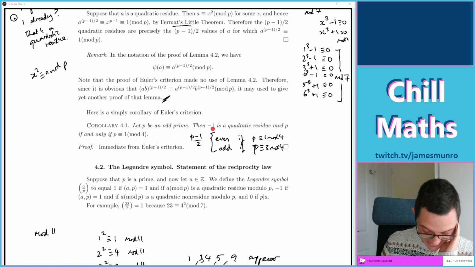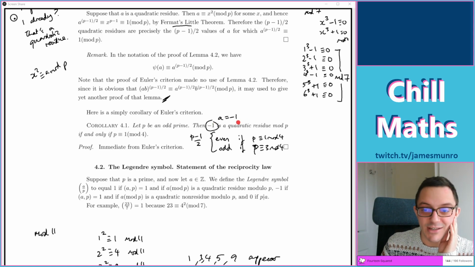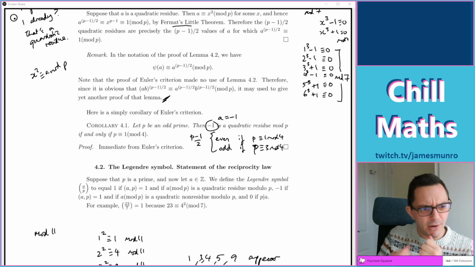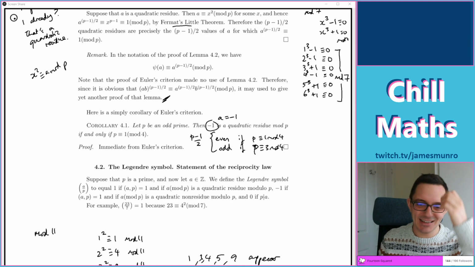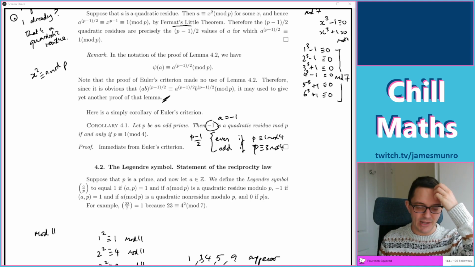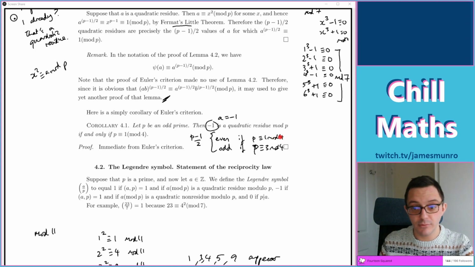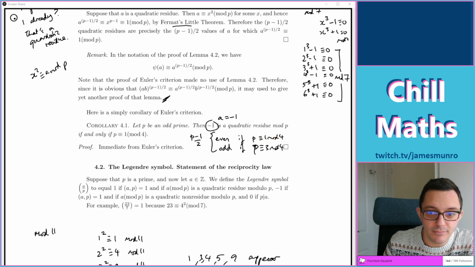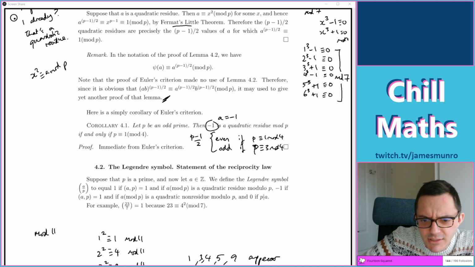So we've raised this thing. If you want to know about -1, a equals -1, you're taking -1 to an even power or an odd power. And the way that minus signs alternate as you do powers also works in modular arithmetic. So you can keep going. And this says that you'll hit 1 if p was 1 mod 4, and you'll hit -1 if not. Okay, that's kind of nice.